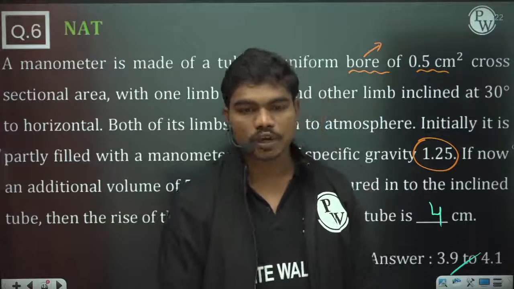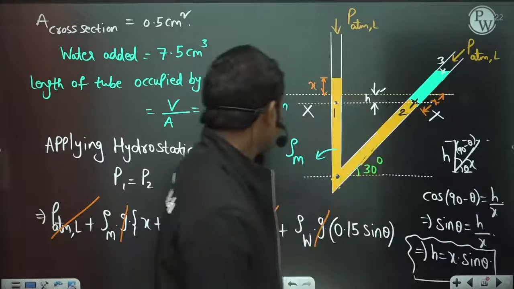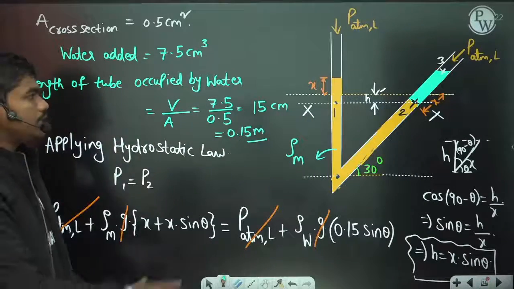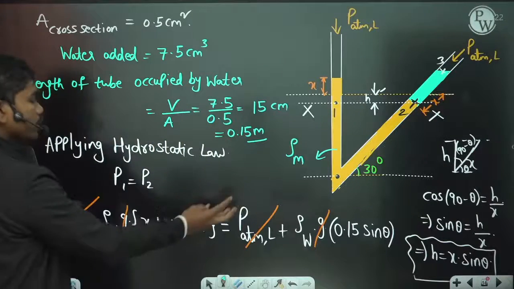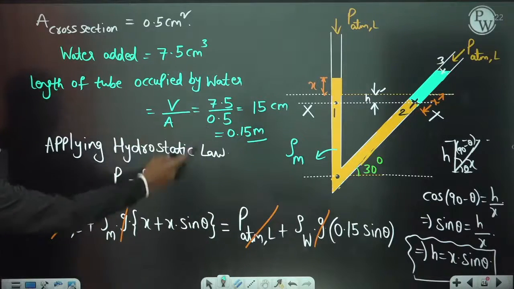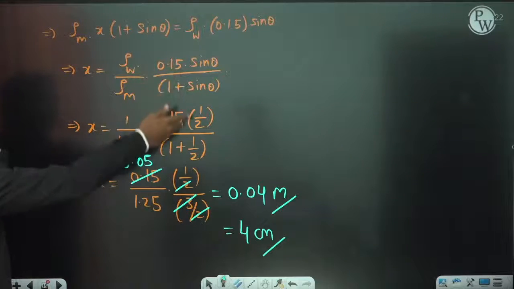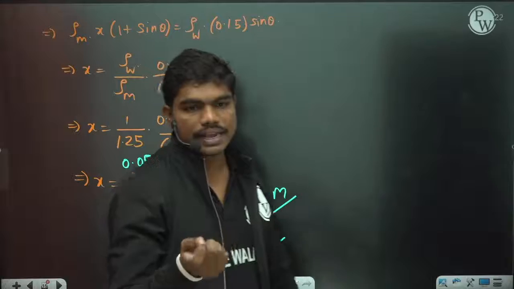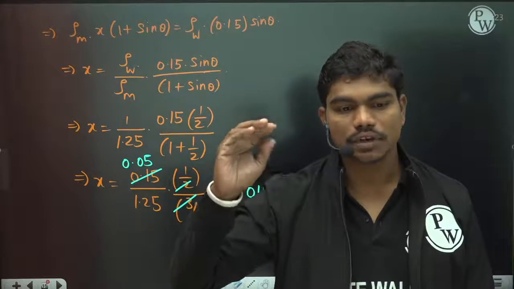So please type in the chat box, is this clear to all of you? So this is 4 centimeters. Okay, it's very simple. You see, only the physical understanding of what happens takes some time. Equations, if you count this volume by area, one equation, that's it. Then this is just the simplification that I have done. Okay, so only one equation is what you need to write carefully by taking lengths and understanding the concept why